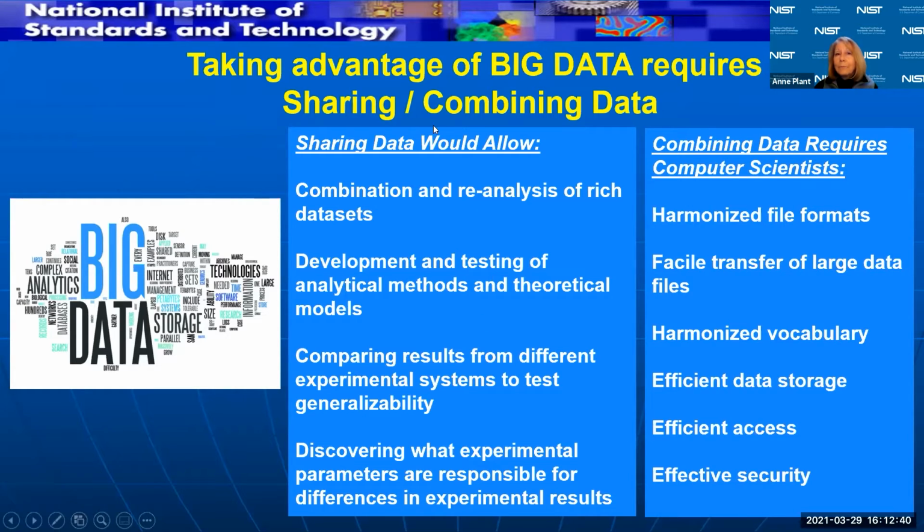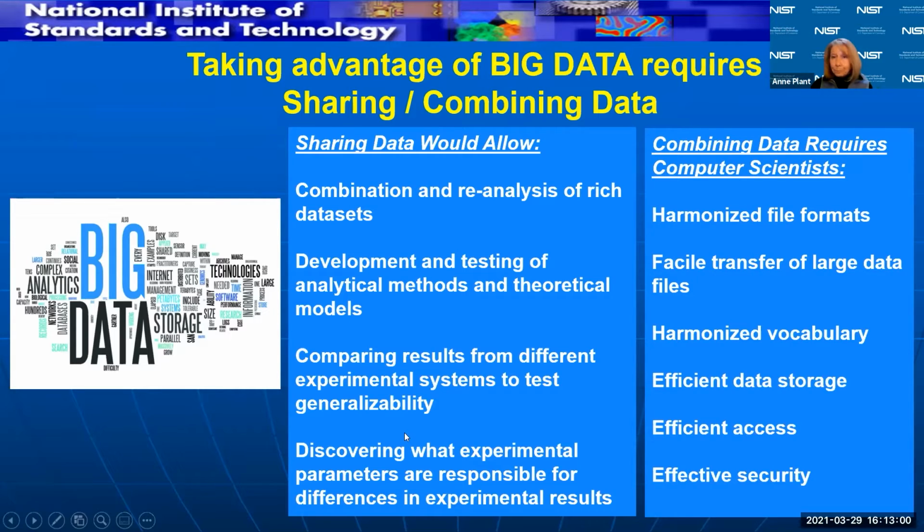And of course, that ability to compare results is part of what's required for sharing data. And sharing and combining data is just a huge interest. It gets bigger and bigger all the time, but we haven't really solved the problem about how to do it easily.